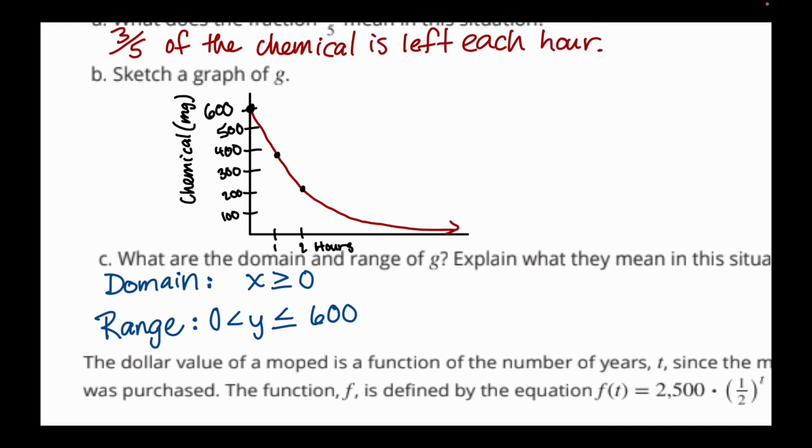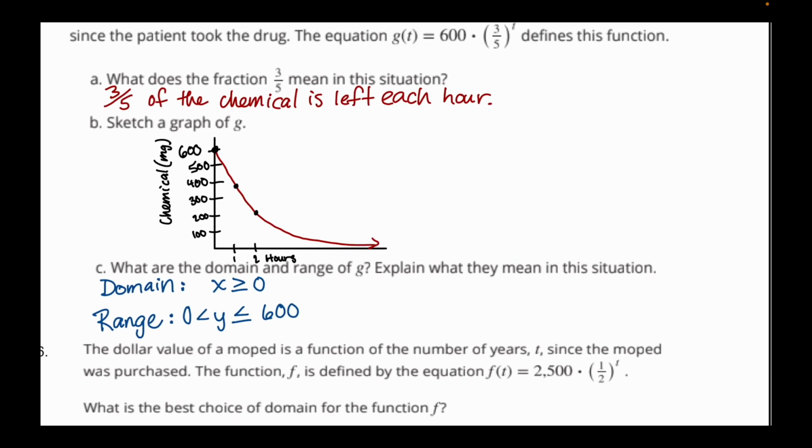Because mathematically, it's never actually going to reach 0, even though it might realistically in the patient. If you want to include the equal to underneath, that's up to you. I would argue that it should stay like this. So